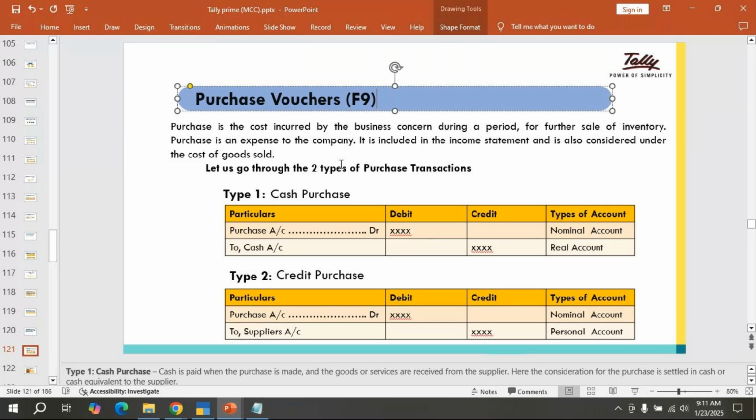Understood? While purchasing a product, if I pay in cash, that is called a cash purchase. If I pay by check, that is called